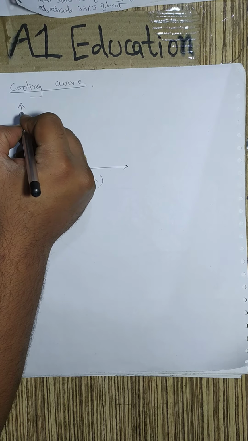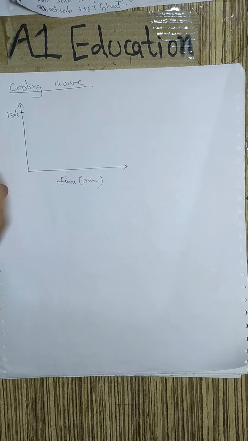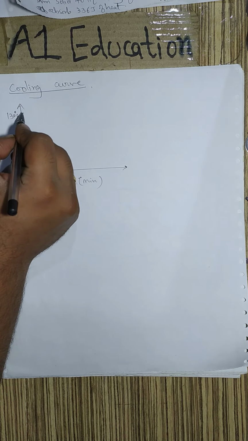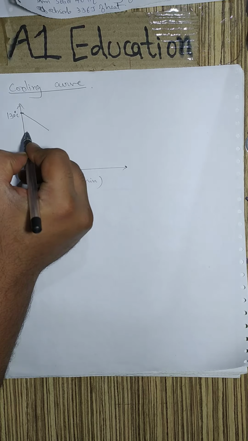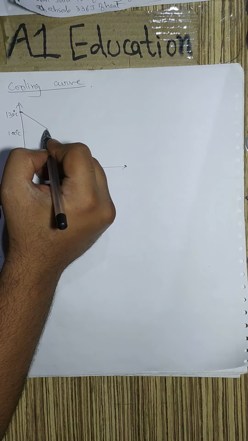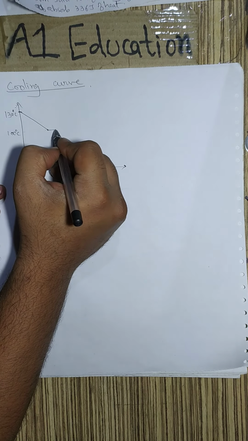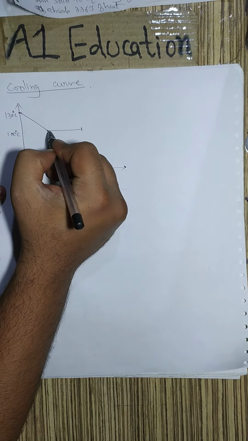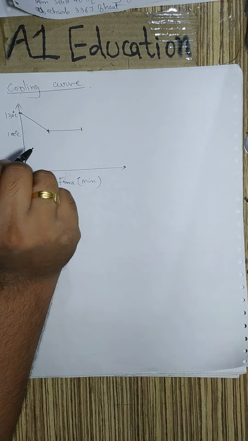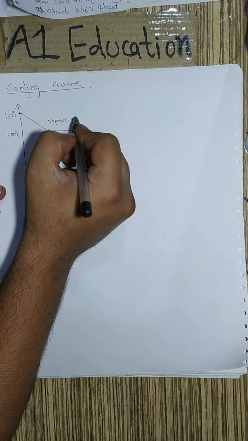So let us say I have a steam at 130 degrees centigrade. This steam, as it is cooled, its temperature will decrease and will attain 100 degrees centigrade. Once the temperature attained is 100 degrees centigrade, temperature will become constant. Again, at this constant temperature, change of state occurs. Vapor gets converted to the liquid.